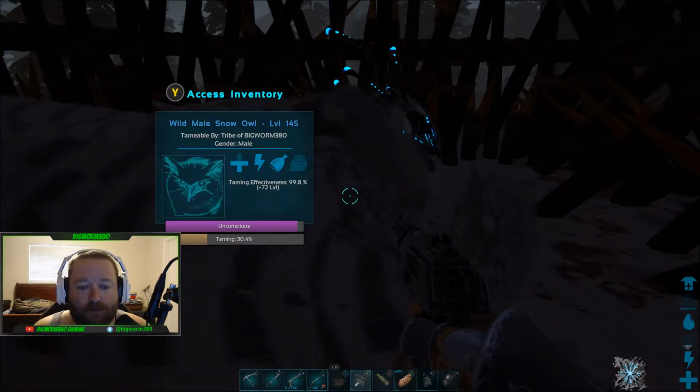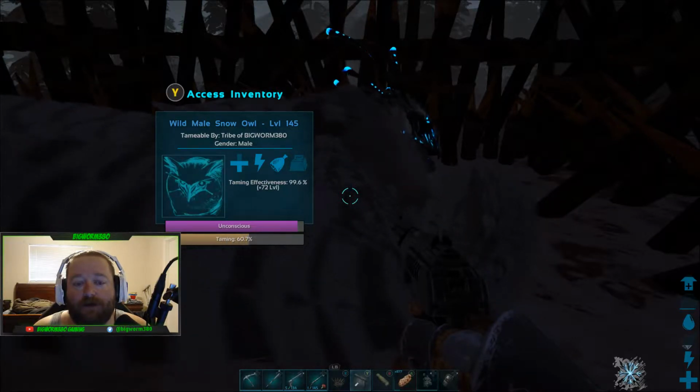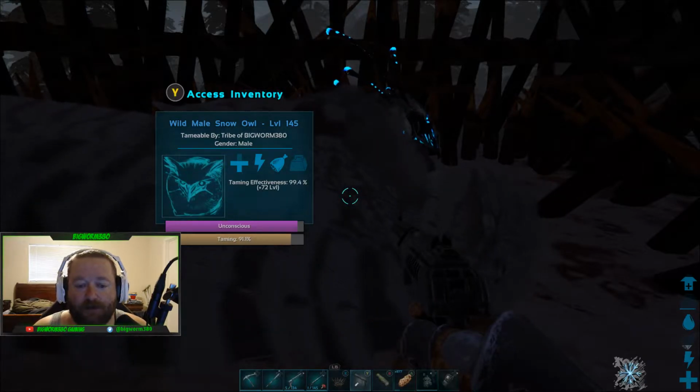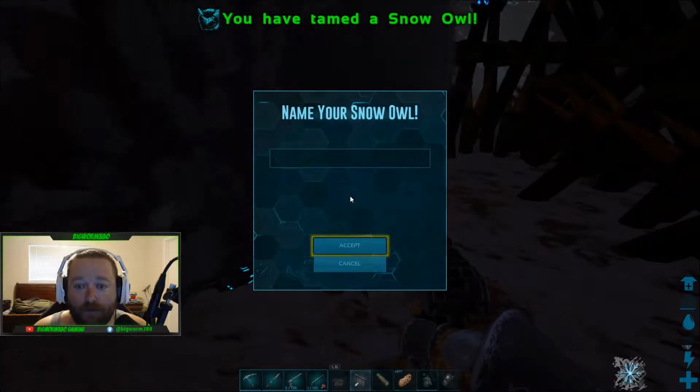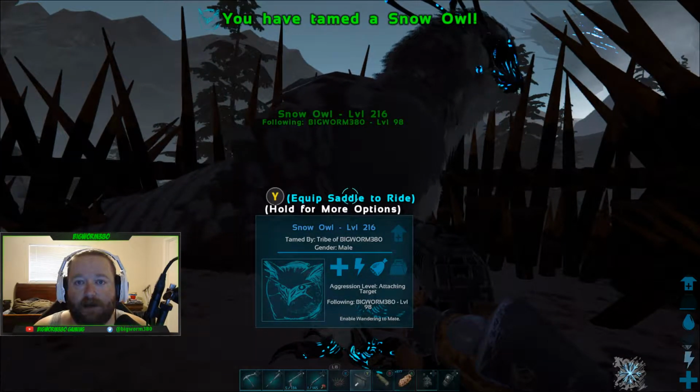15%, so that's good. Yeah, these guys, you have to do the drops, the orbital drops. They're the big things on the ground. Oh, this thing's gonna tame right up. Oh, we'll take it. All right, let's go ahead and go back to the base then and breed some of